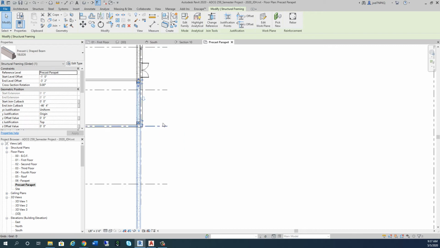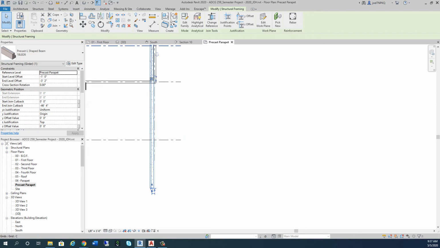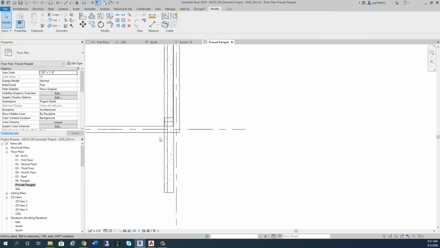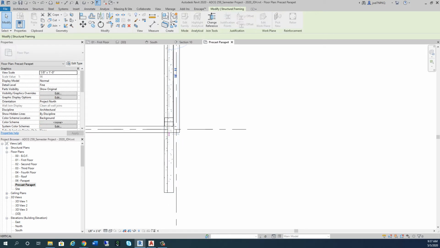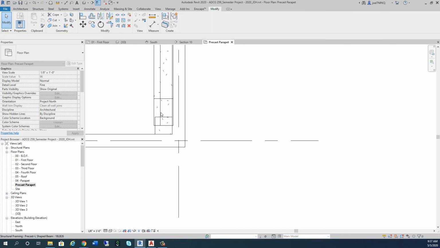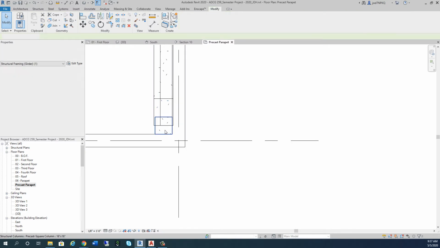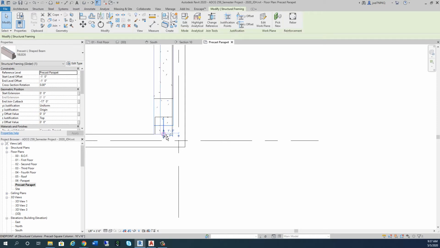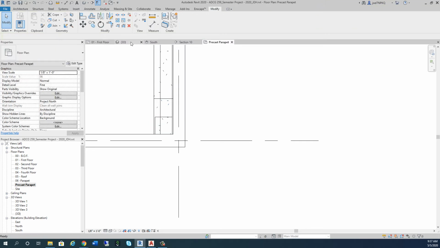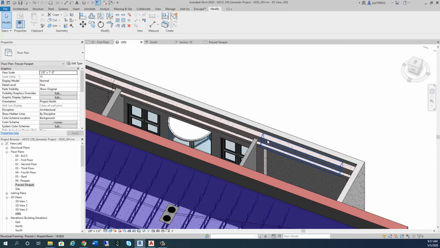Oh boy, that's really getting out of sorts on me. Let me try that one more time. I think what it's doing when I snap to it, and I shouldn't snap to it, is dropping it down to that level of 3'2", and I don't want to do that. So I'm just going to pull it to the wall right there. All right. And so now when I go back and look in 3D, I should have,